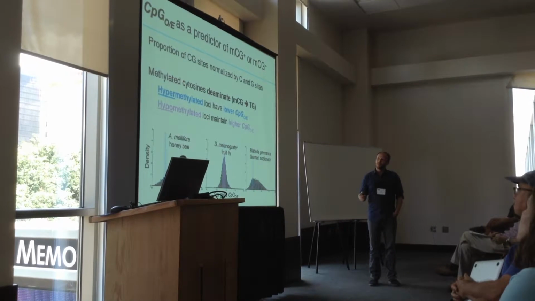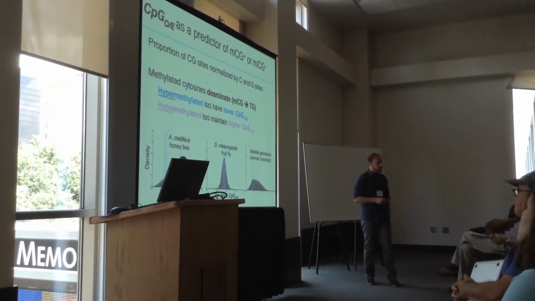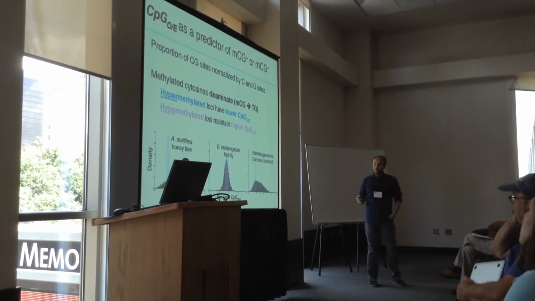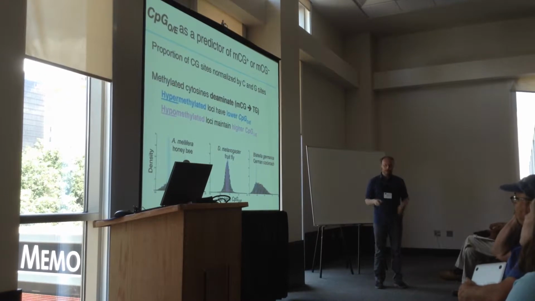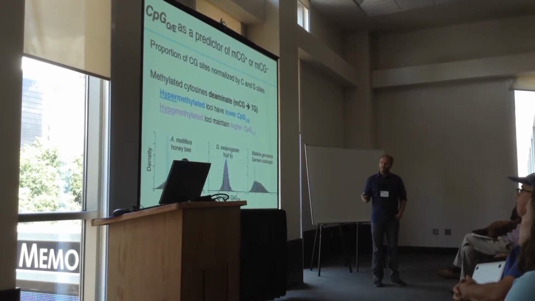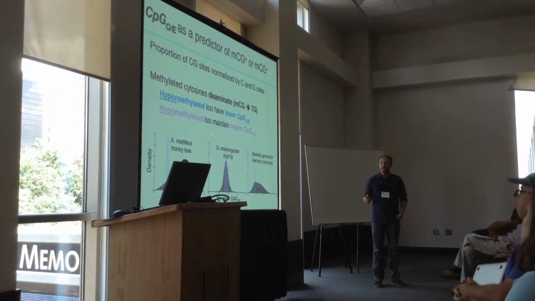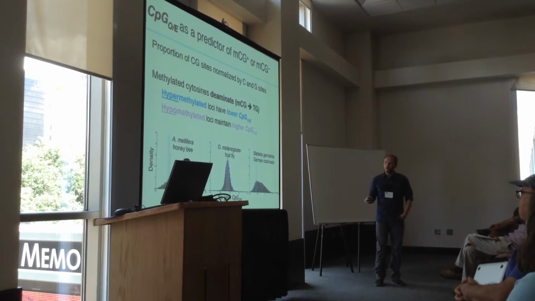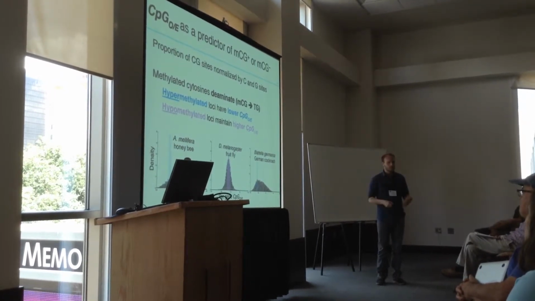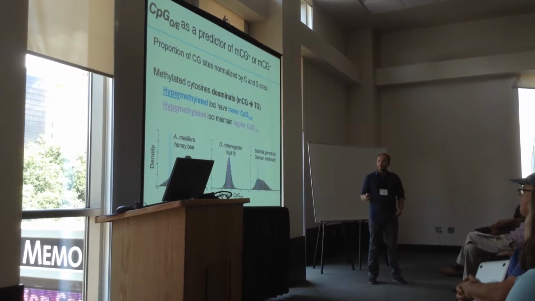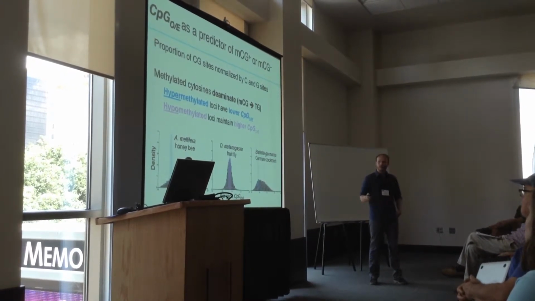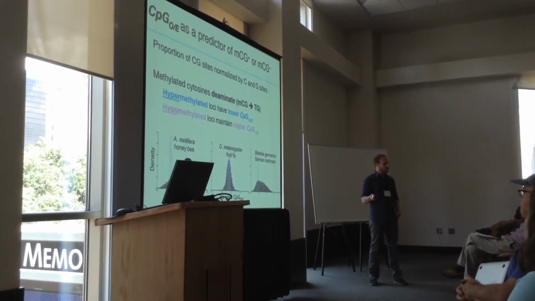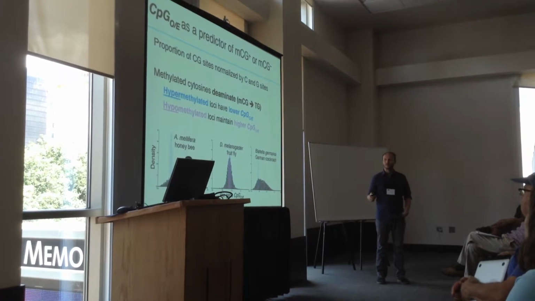This predictor hinges on the theory that methylated cytosines deaminate over time. So a methylated cytosine-guanine pair will deaminate to a TG pair. If we have a mixture of genes within a genome, hypermethylated loci should have a low CpG o/e value, and hypomethylated loci should have a higher CpG o/e value. This is sort of proof of concept: we have honeybee, fruit fly, and German cockroach, three different insects. We know from whole genome bisulfite sequencing that honeybee has DNA methylation and fruit fly doesn't, and this is reflected in their distribution of CpG o/e across all genes within their assembled genomes.